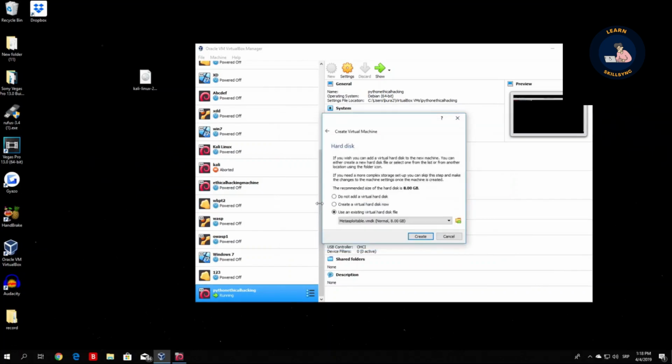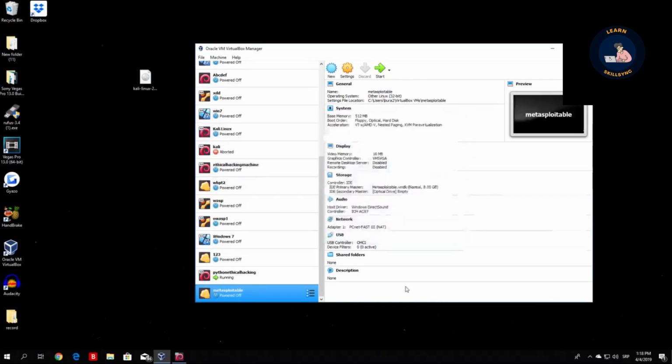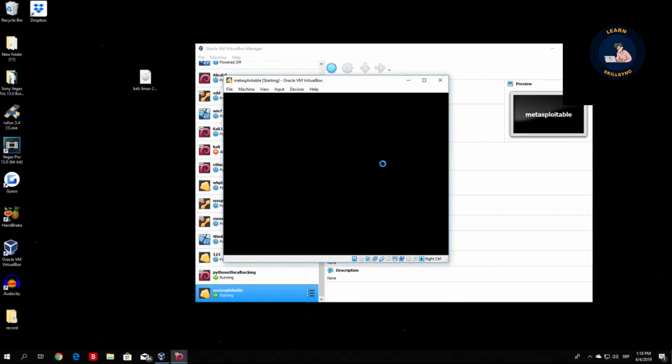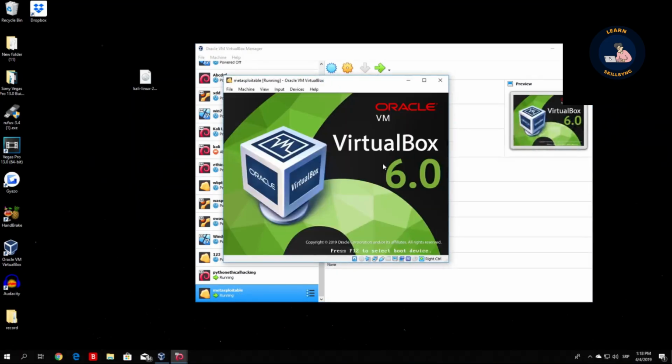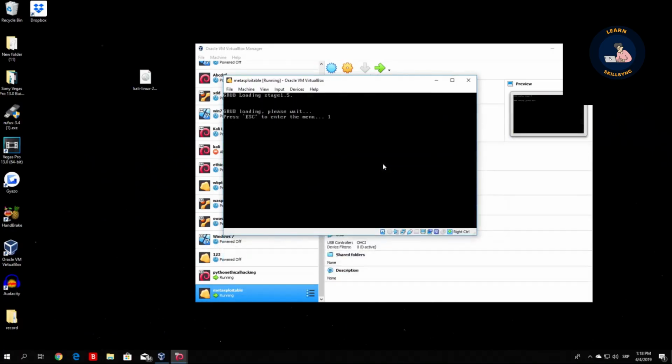select it right here, and you can see right now I have metasploitable.vmdk. So I click here on create, and I am good to go. I created my Metasploitable virtual machine. Right now, all you have to do is click here on start, and basically this will start the Metasploitable and it will install it for you. So let's see if this will work, since I had problems with Metasploitable in the past, but I managed to